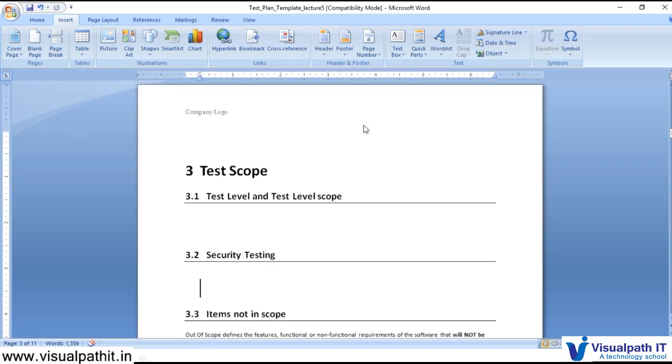Now coming to the scope. So test scope. We need to define the test scope. Here we need to list down the requirements which we are going to test at a high level, what all things we are going to test, and what types of testing we will be doing, like whether we are going only for smoke testing or for regression testing. So what is in scope, that we need to define, and it is very important because